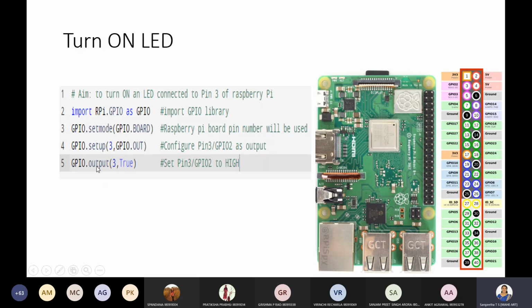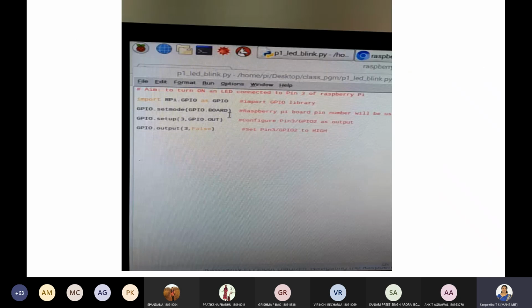So a high voltage will be output to that pin. Whenever you are setting up the circuit, you have to connect the LED to the pin number 3, say through a resistor, so that it regulates the power to that LED. Okay, so that is how you make the system work.